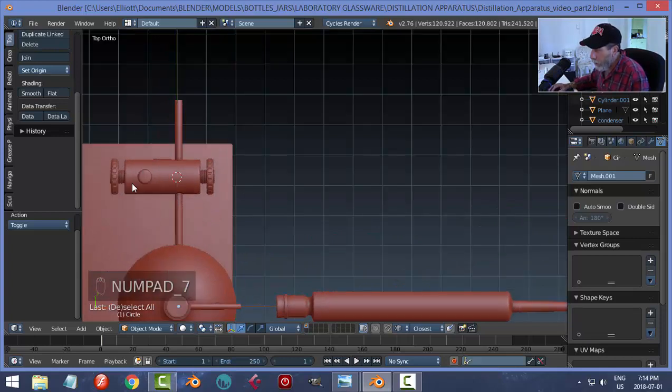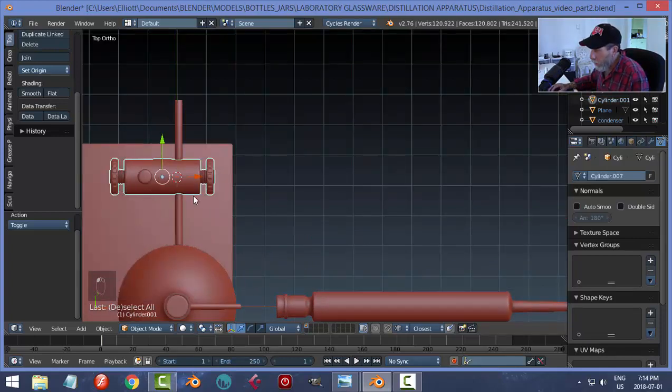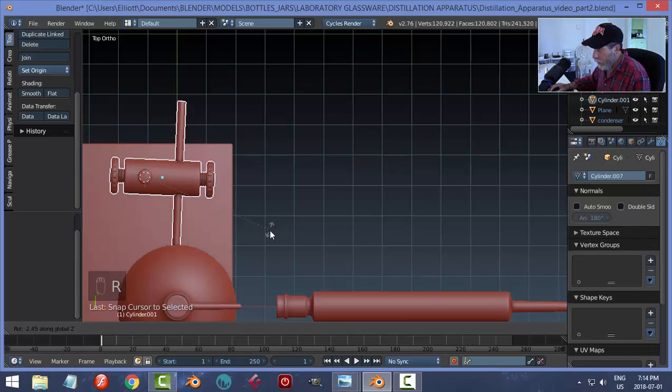Okay, let's. If I grab that, that's all one piece, and I want to grab this. I want to rotate it around this. Shift S, cursor to selected. Give me a minute to think this through. Gosh. That and this. Let's try it. Rotate Z. And it rotates around there,